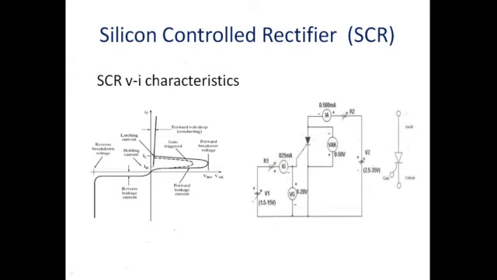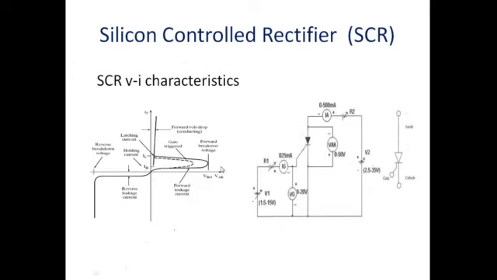So now we learned that the SCR will turn on if you apply an anode-cathode voltage more than the breakover voltage. Remember, when you purchase an SCR, first check what the breakover voltage is. It means that if you apply an anode-cathode voltage more than that, the SCR may turn on even if you don't apply any gate current. Is it a good feature or not? We'll check.